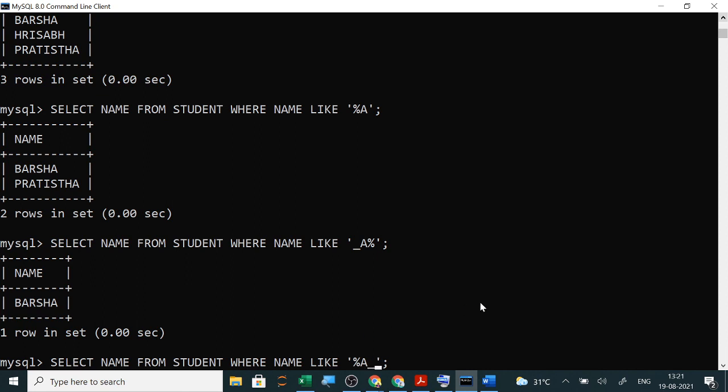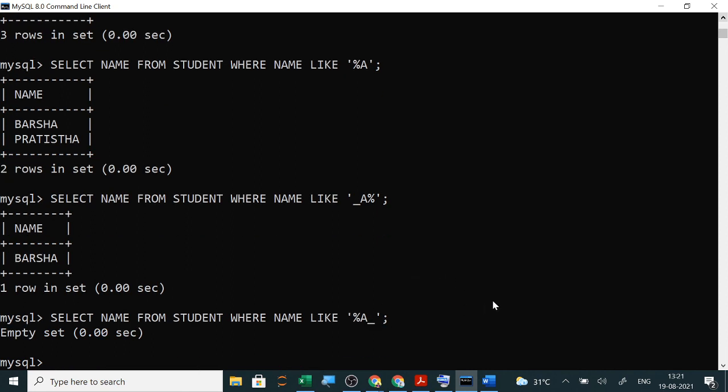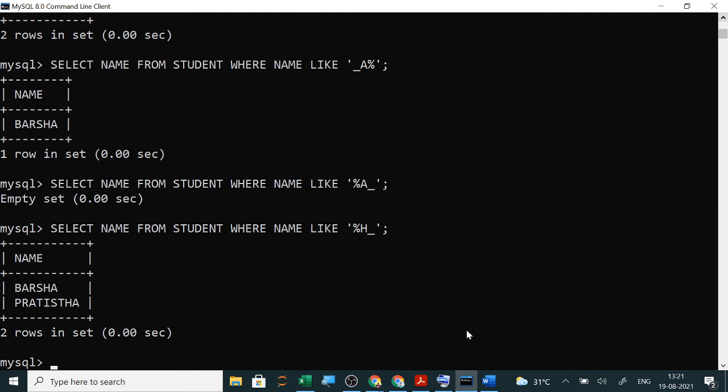Now when you execute it, empty set. Sorry, there is no name which has A as the second last character. H is there, so you can check here. Yes, correct. Understood? So this is your like clause. Now we will do the in and between clauses.